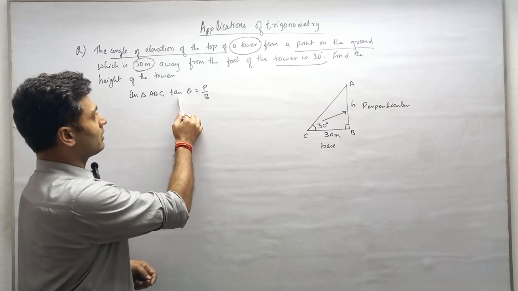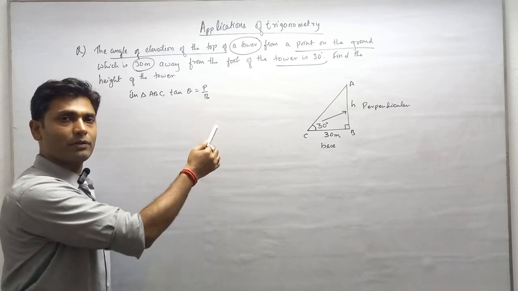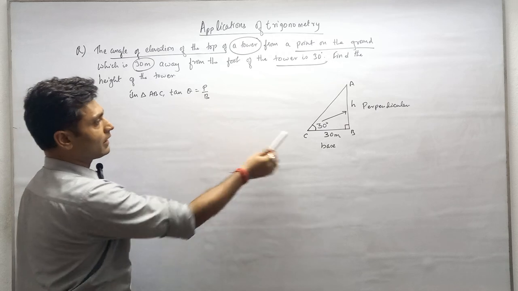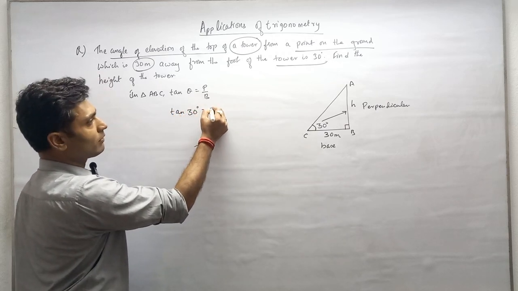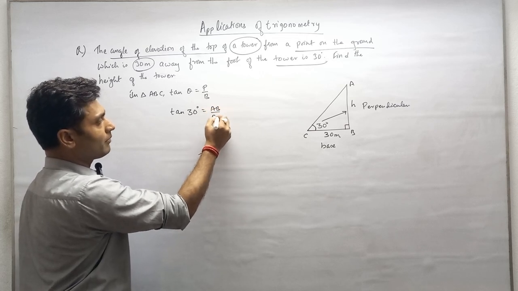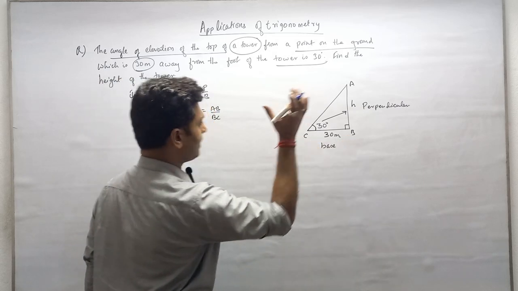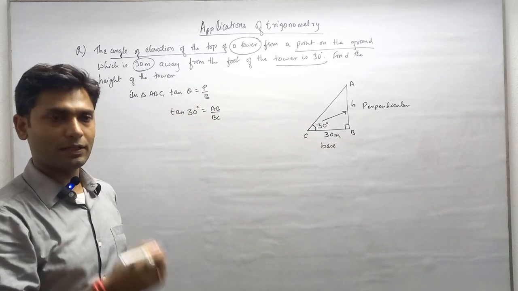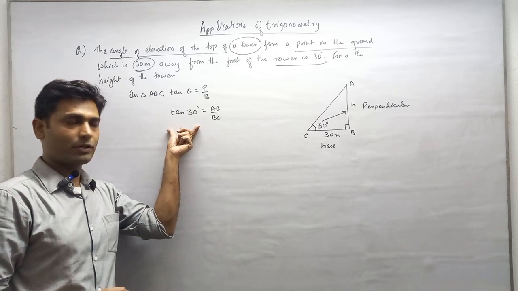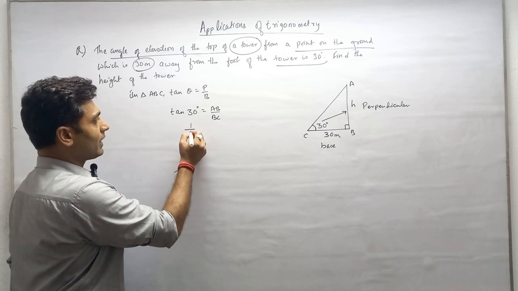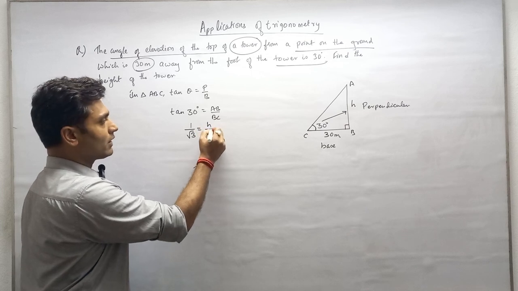If you remember, tan theta is perpendicular by base. So here theta is 30 degrees, so tan 30 degrees is equal to AB divided by BC. The perpendicular is AB, and the base is BC. The value of tan 30 degrees, if you remember, in the previous classes I explained how to derive the values in the standard trigonometric table. The value of tan 30 degrees is 1 by root over 3,